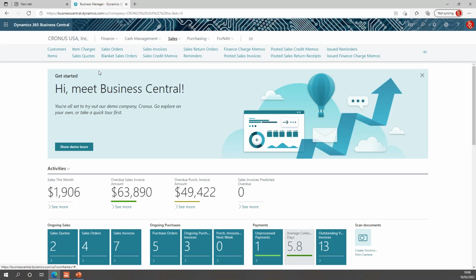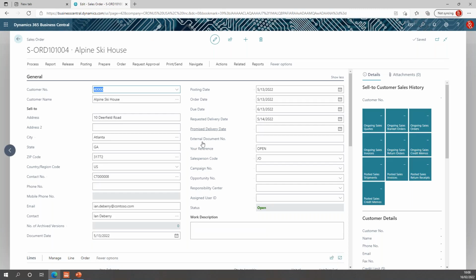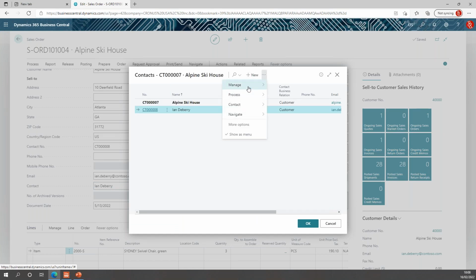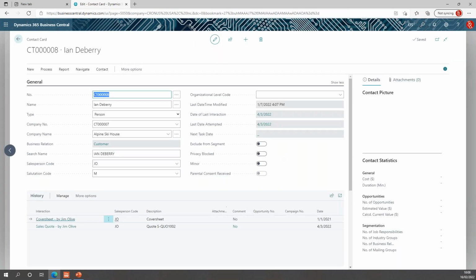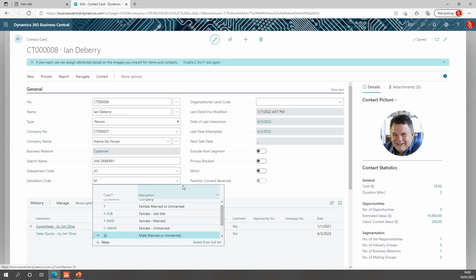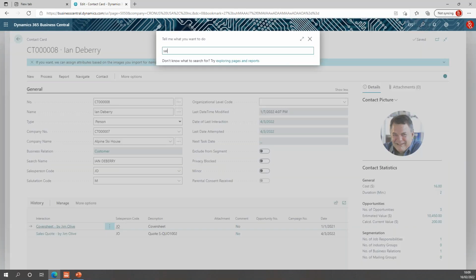Let's open the sales order that I was working on, and this is sent to Mr. Ian DeBerry. So how does Business Central create this salutation? If I open my contact and edit it, in this contact you will notice that there is a salutation code. The salutation code is M, and you will notice that is male, married or unmarried. There's a bunch of salutation codes inside standard Business Central. If I open the salutations page,